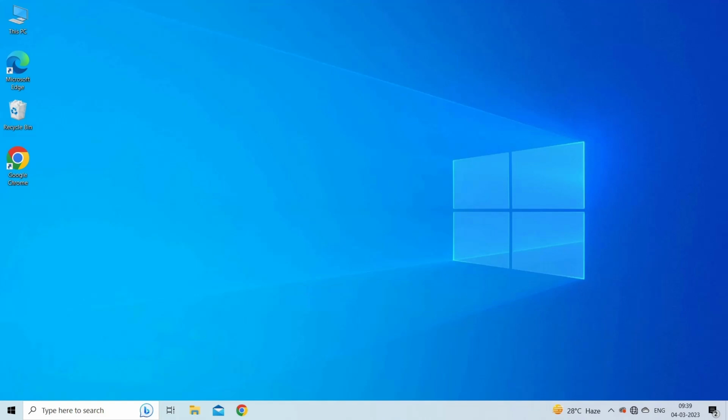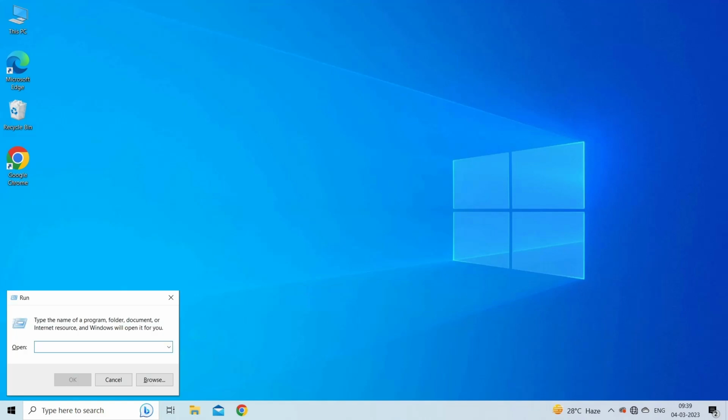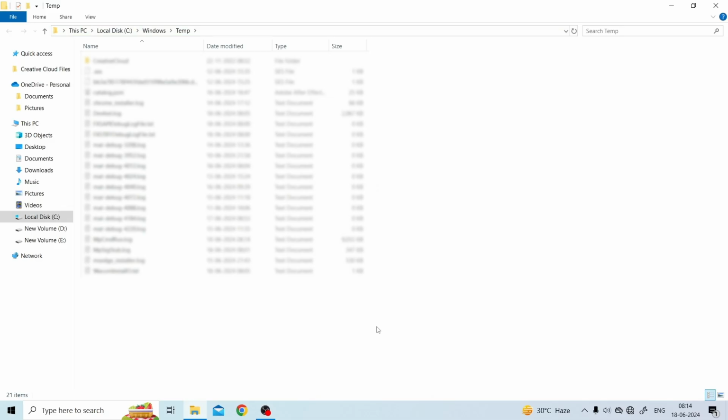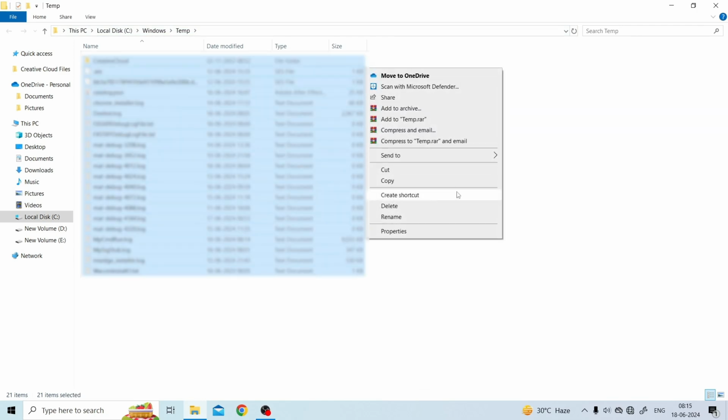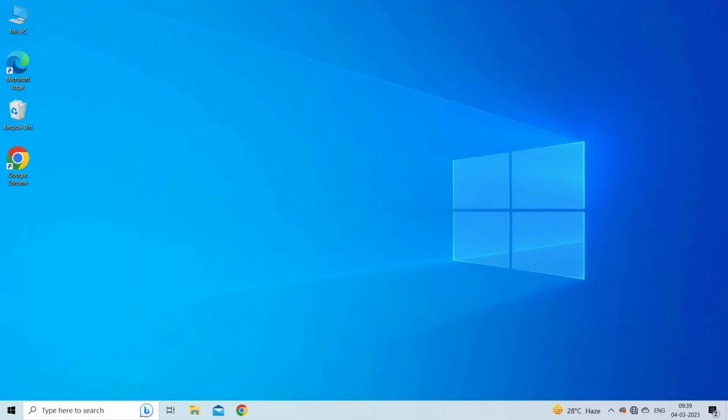Press the Windows key plus R on your keyboard to open the Run box. Type temp in the box and press Enter. In the pop-up window, select all the files and right-click to choose Delete. If the issue persists, you can proceed with repairing and reinstalling the Movie and TV app to fix the